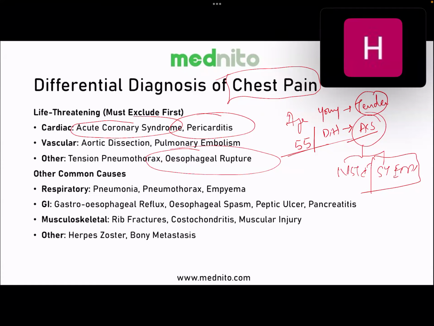All right, tension pneumothorax. The examiner can tell you that tension pneumothorax is usually sudden in onset. So the examiner will frame a question on a traumatic patient who is coming to the emergency department unable to breathe. You'll have to think of tension pneumothorax when the examiner mentions that the examination finding is tracheal deviation. All right, needle insertion is the first most important management step in tension pneumothorax. You will have to treat the patient immediately. These are the questions that the examiner can ask you.